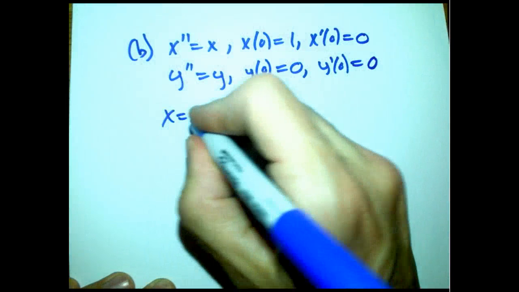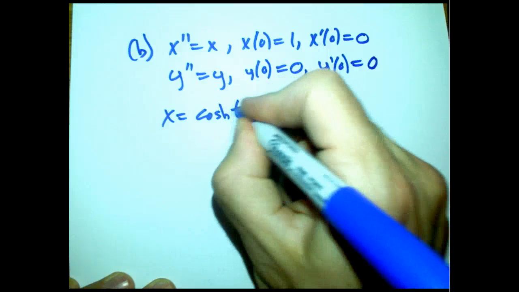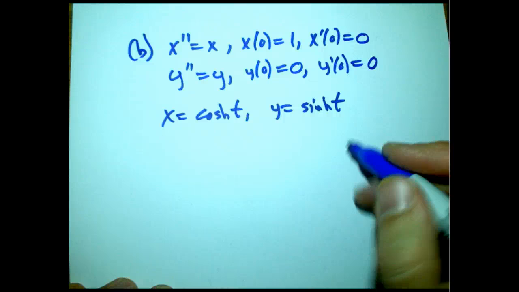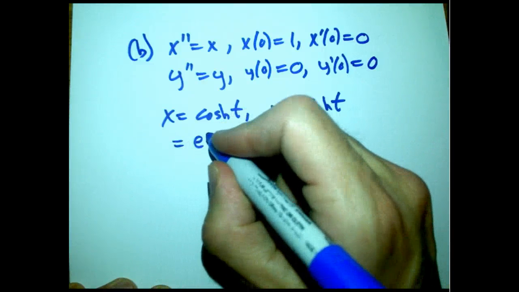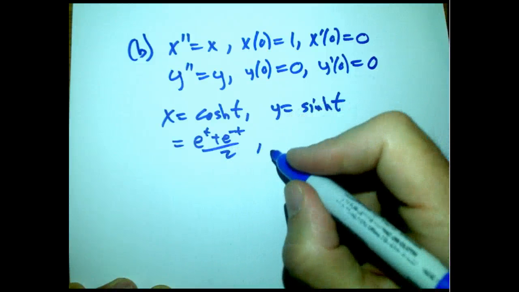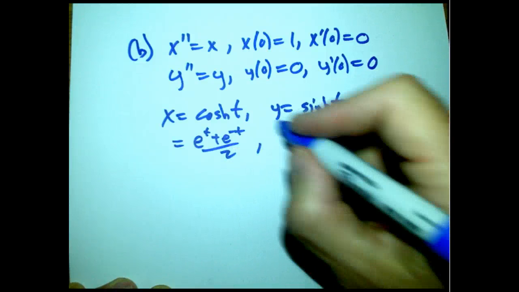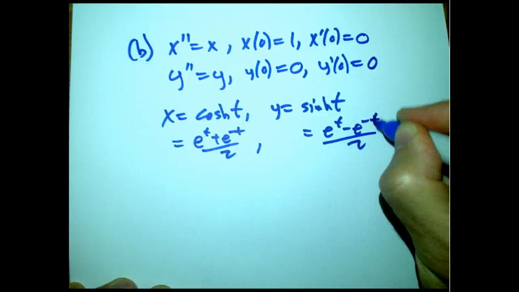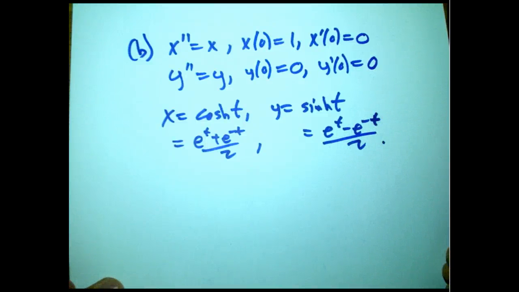And of course we know this was e to the t plus e to the minus t over 2. And this is e to the t minus e to the minus t over 2. So if we plot that,